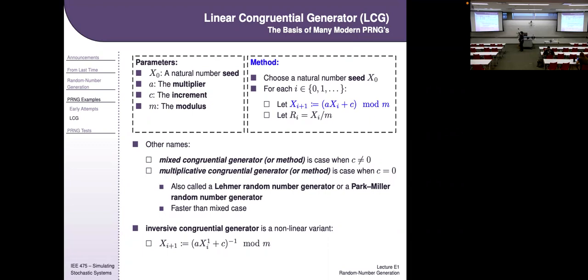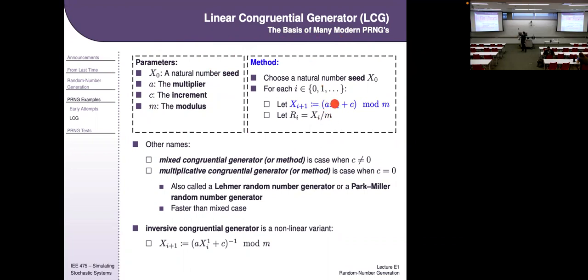And this is what you've experimented with in the Unit C homework. The idea here in the LCG is we've got these parameters: our seed, but it turns out that if we choose the rest of the parameters right, we can choose any seed we want. And we've got a multiplier, an increment, and a modulus. Given those parameters, every iteration, as you should probably know now by doing the homework, is just going